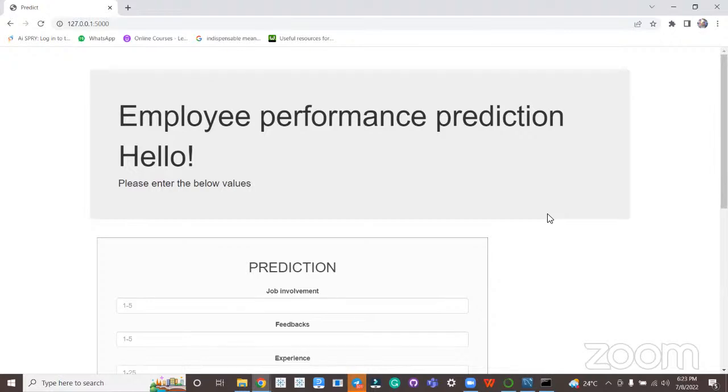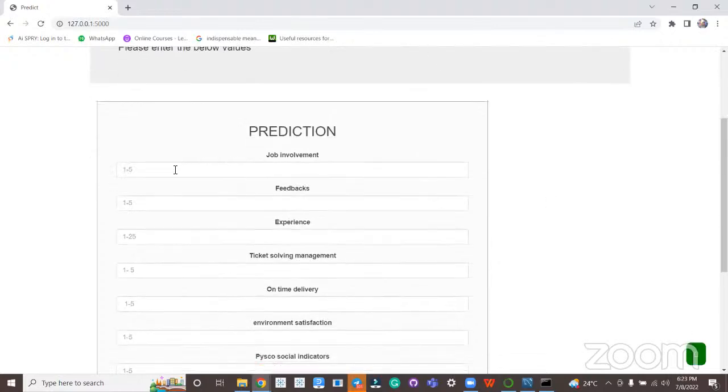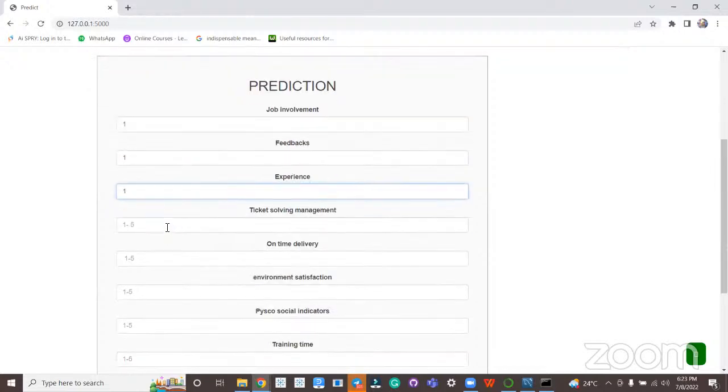If you can scroll down, there are a bunch of features that are asked of the HR member, whoever is the end user. The end user needs to fill in these factors, and when we do that, you can fill in random numbers.